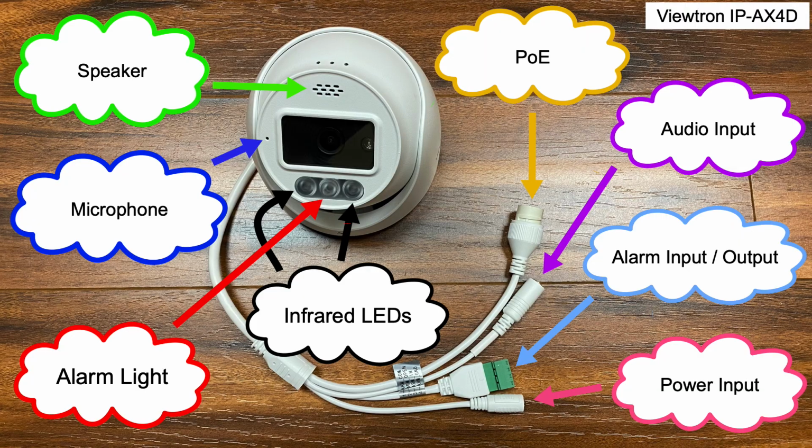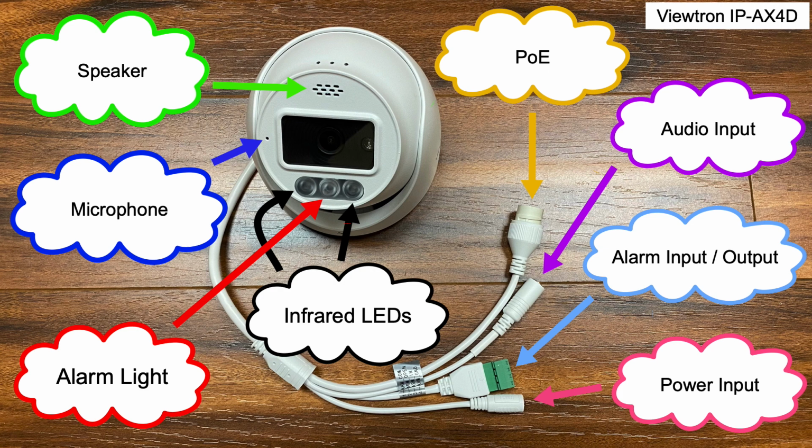And again, the alarm light can be triggered automatically based on an alarm event like human detection or car detection, or it can be triggered manually in the app. You could turn the alarm light on or off. And that's the same thing for the speaker. The speaker can trigger a siren, or it could be a pre-recorded voice message like, this is private property, no trespassing. You can actually upload custom recordings to the system.